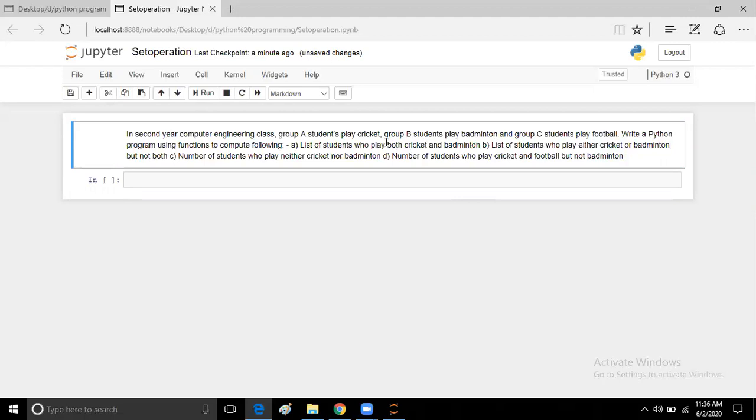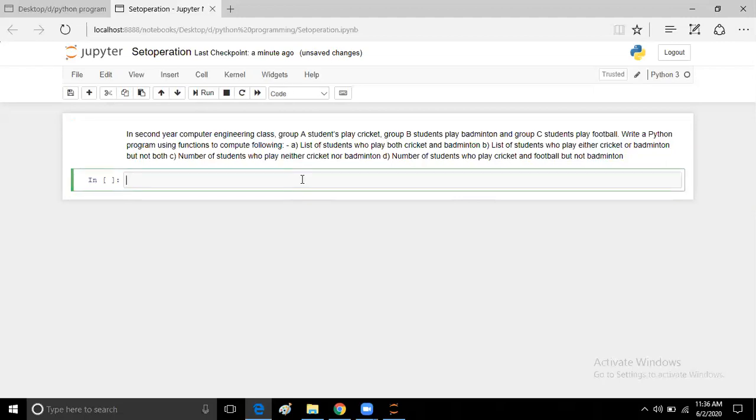Now as per the definition we have to create three groups: group A for cricket players, group B for the students who play badminton, and group C for football players. In this way I will create one variable, you can give any name, GA for group A, who will play cricket, right?